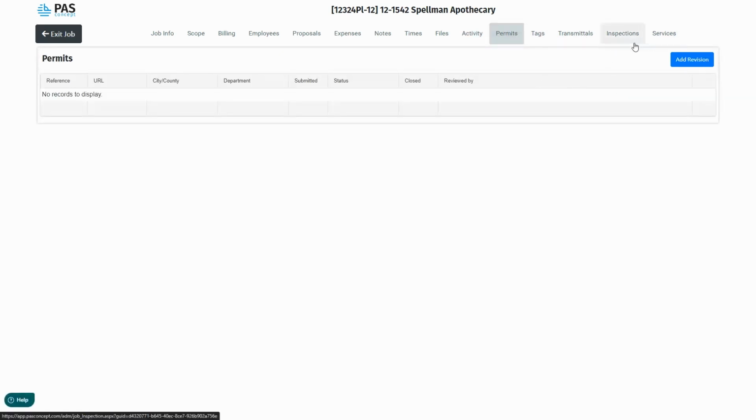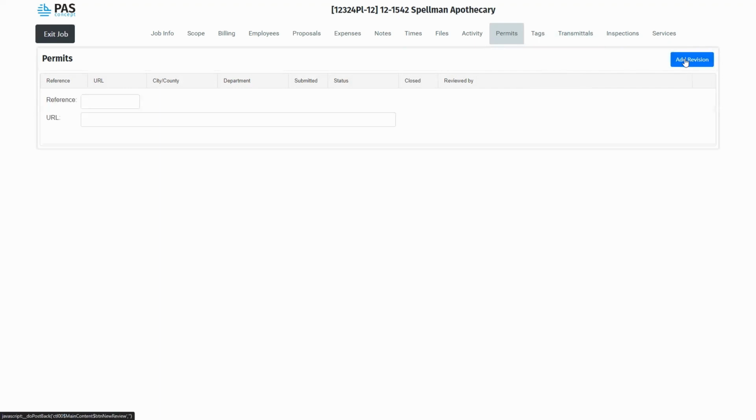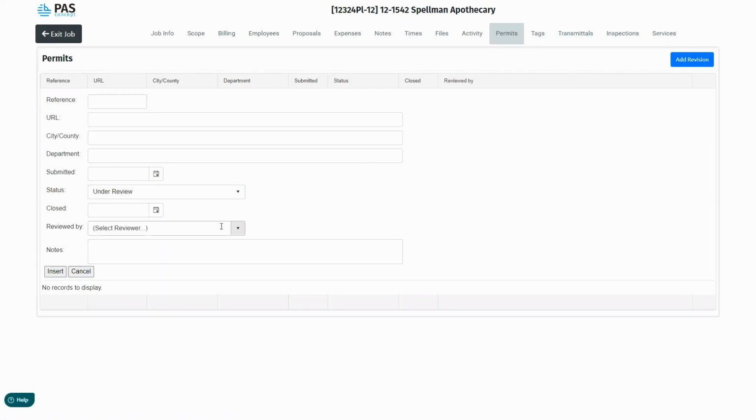These two other modules are unique and verticalized modules for companies that are inspection companies and those that are survey companies. We will be having webinars and chat backs in regards to these in the future, so we'll be going more into detail with those. But for this specific session, I'd like to focus on things that revolve around project management, traditionally for architectural firms and for engineering firms. The permit tracker allows you to enter information in regards to a permit that perhaps you've submitted to the city or the county, with some additional information so that you don't lose track of where any one specific permit is at a time.